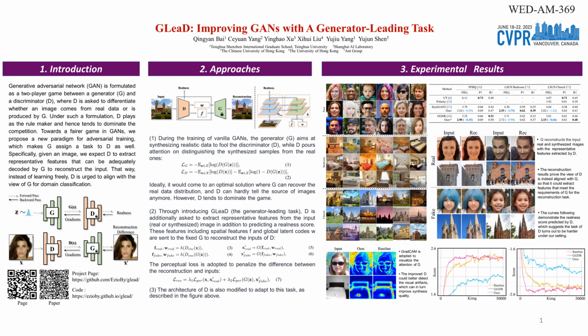Generative adversarial network (GAN) is formulated as a two-player game between a generator G and a discriminator D, where D is asked to differentiate whether an image comes from real data or is produced by G. Under such a formulation, D plays as the rule maker and hence tends to dominate the computation. Thus, we propose a GAN training method named GLeaD, aiming at improving the fairness of the game between G and